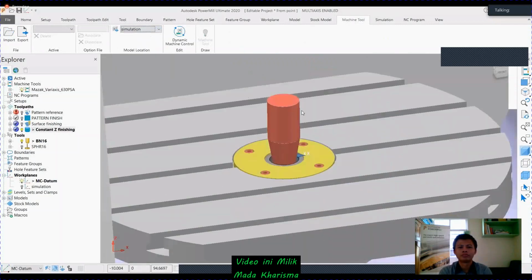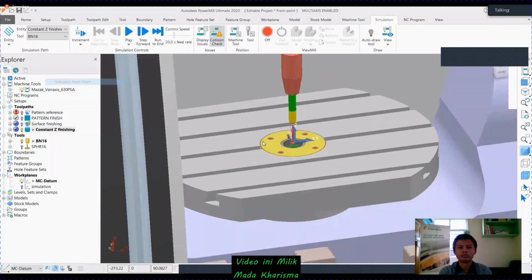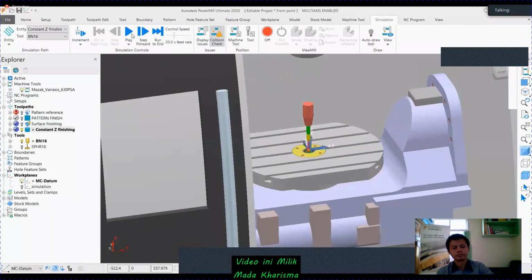Start from simulate. If you look at that, it will go beyond that actually. Sorry, the tool simulation is somewhere at the bottom. We'll check that one.